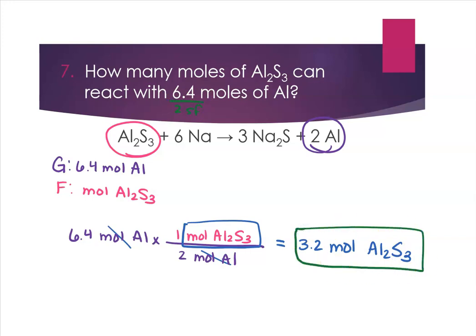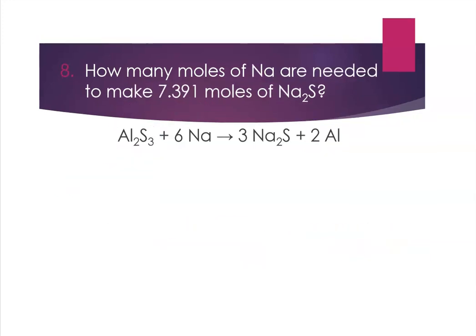Great. All right, let's do one more. How many moles of Na are needed to make 7.391 moles of Na2S? All right, so I'm given 7.391 moles Na2S, and I'm trying to find moles of Na. All right, so I start with 7.391 moles